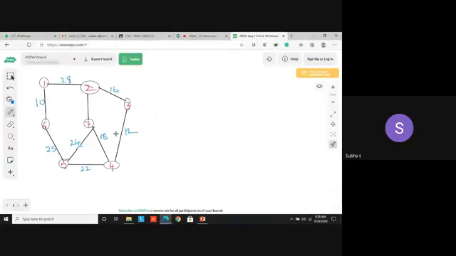So this is the graph we have seen for the Prim's algorithm. What's the logic we have followed in Prim's algorithm? Initially, we have to start from any one vertex. You can choose any vertex as the source vertex. Here in this example, I have chosen 1 as the source vertex. This graph only we have discussed in the last session for Prim's algorithm. Now we are going to see the same thing for the Kruskal's algorithm.